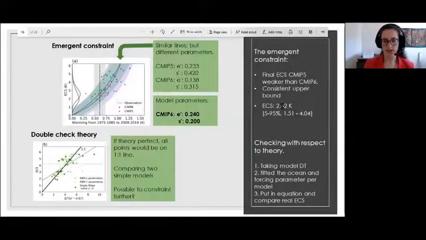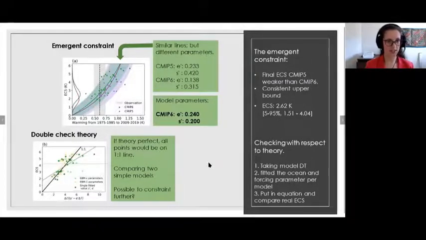The best estimate we have is an ECS between 1.5 and 4. No matter what we do, we can't get the upper bound of the 5 to 95% confidence interval below 4.7, which indicates that loads of these models that we've seen have climate sensitivity that is inconsistent with observed warming, with 12 of the 34 models in this research having an ECS above 4.5.